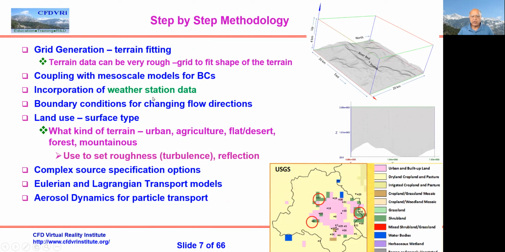Then you also have a number of weather stations. The atmosphere is one nice thing where there are a lot of weather stations, thousands of them scattered around the world. They provide you real-time data, so those usually have to be taken care of to make sure your model can be validated against them. It's a very complex problem, with complex sources and complex boundary conditions, and there are both Eulerian and Lagrangian transport models. Aerosol is an animal in itself. Particle transport is a big problem and a big issue.